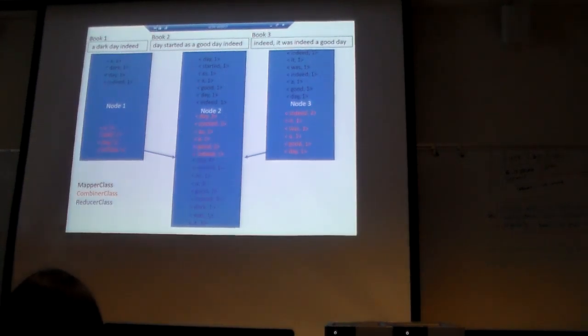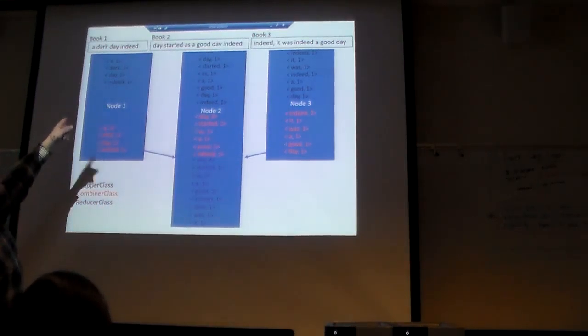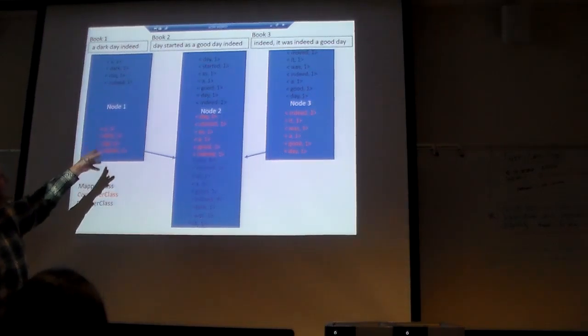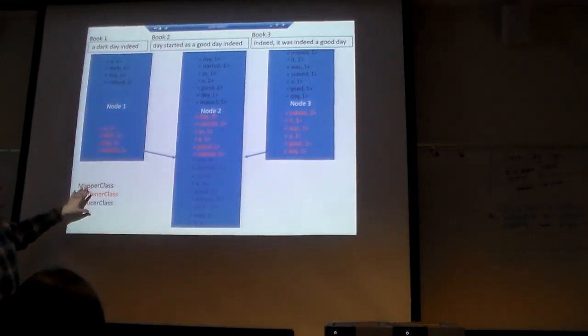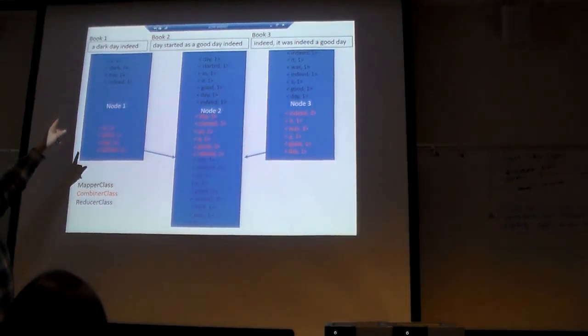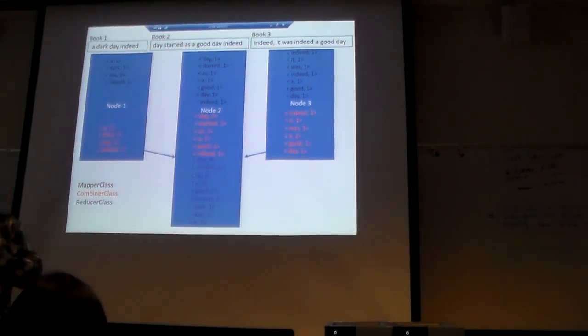line by line. There's a JavaScript call that says, give me a line, give me a line. And then they call it tokenizing, and it'll create these name value pairs. So like the first sentence might say, a dark day indeed. And what it's going to do is the JavaScript in the mapper class is going to chop that up into A1. And what it is, it's the word A, and a count is I found it one time, okay? And then